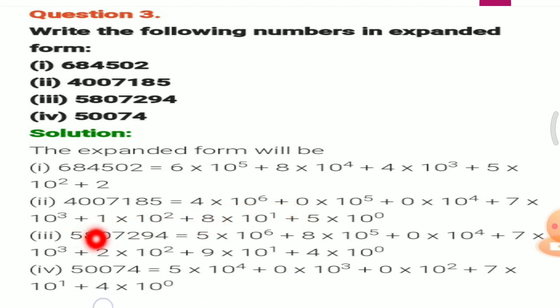Next question is also the same. 5 multiplied by 10 to the power 6, plus 8 multiplied by 10 to the power 5, plus 0 multiplied by 10 to the power 4, plus 7 multiplied by 10 to the power 3, plus 2 multiplied by 10 to the power 2, plus 9 multiplied by 10 to the power 1, plus 4 multiplied by 10 to the power 0. Okay guys,